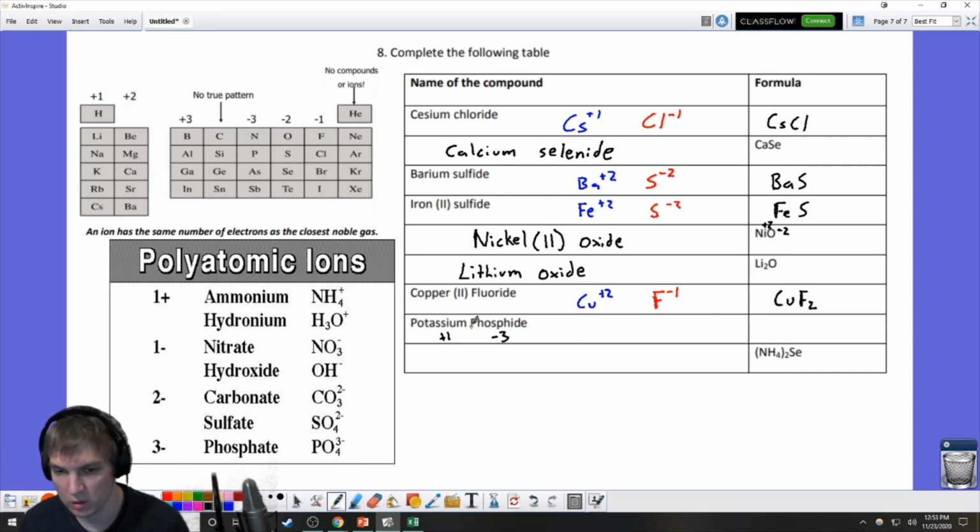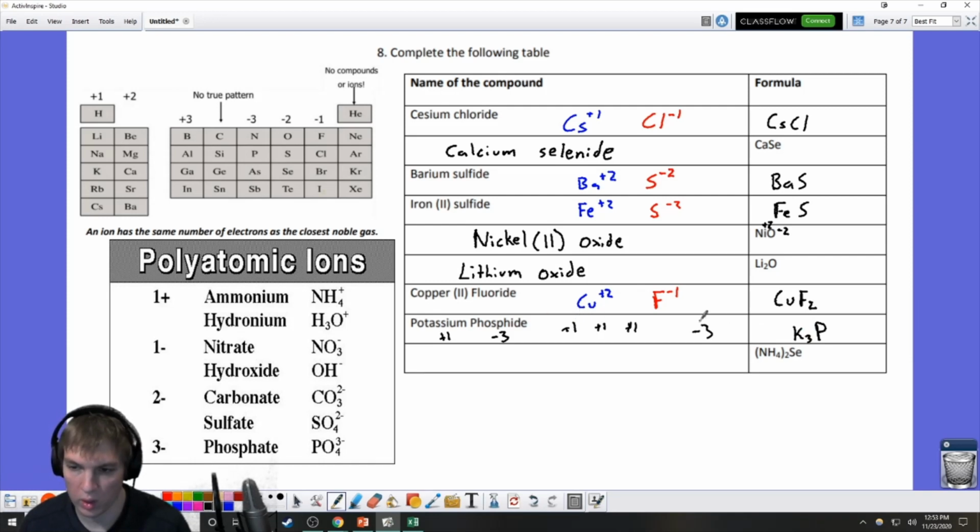So what you need to do is have 3 of these +1s. So you need a +1, a +1, and a +1 in order to balance out the -3. All right, so potassium and phosphide, we only need 1 phosphide, so we're going to put that there. And then for potassium, that's the letter K, and you need 3 of those